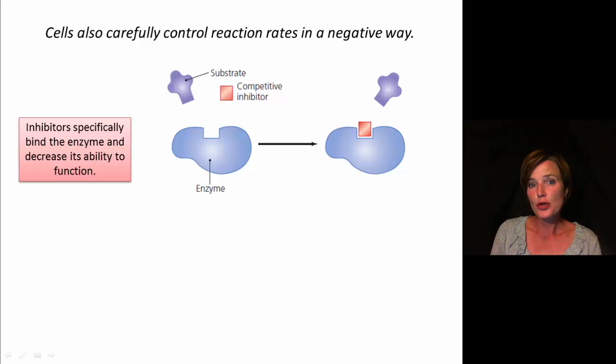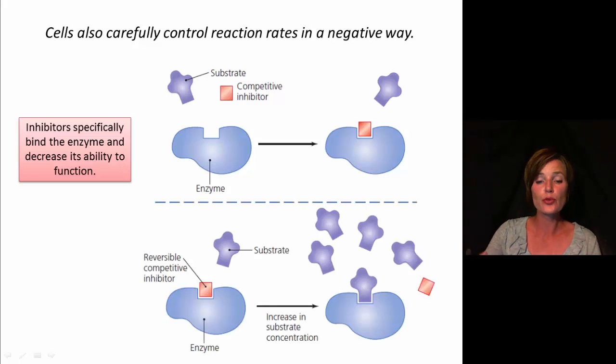Well, a lot of times we do want to be able to reuse the enzymes. We would want them later to be able to actually run that same reaction again. So reversible competitive inhibitors are very useful. With a reversible competitive inhibitor, the cell can actually outcompete and get that inhibitor out of the active site. One way that it does that is it increases the substrate concentration, and if it increases the substrate concentration, then